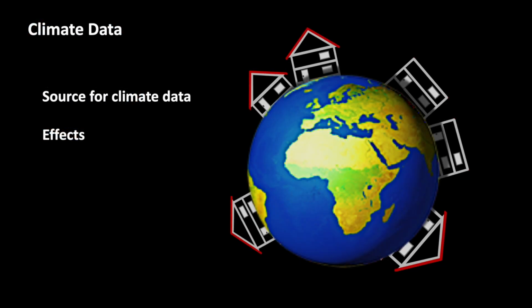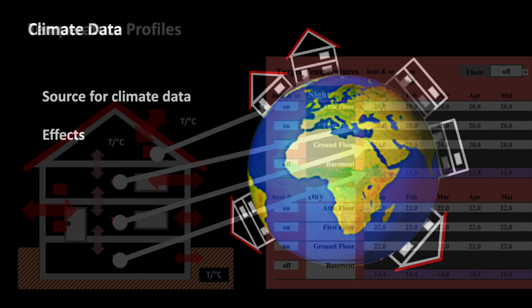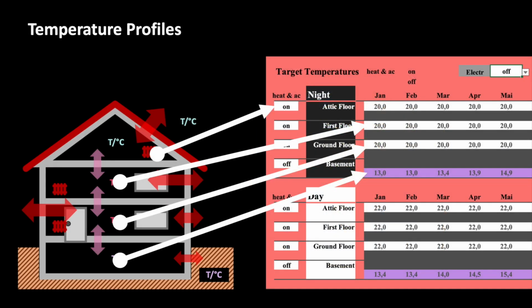In the last part of our step-by-step guide, we dealt with the climate data, which are of course very important parameters for our energy consumption predictions. In this part, I want to show you how to map the temperature control in the house. And we demonstrate with interesting examples that the behavior of the people who live in the house plays an important role in the heat energy consumption.